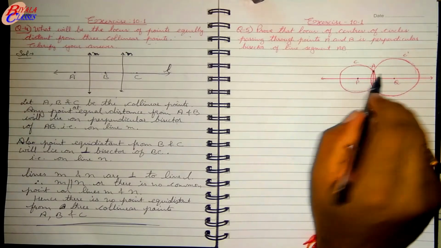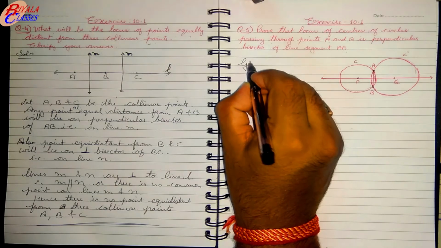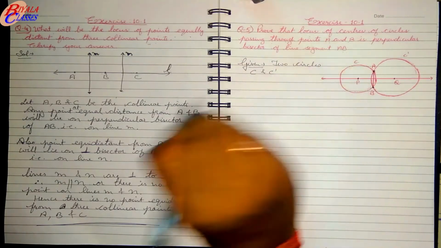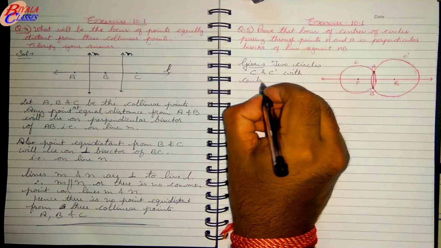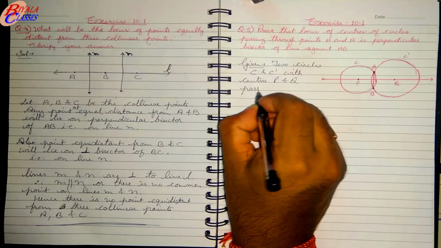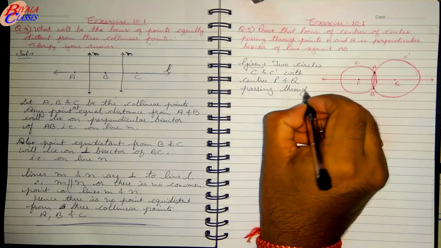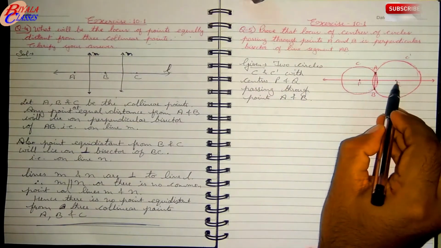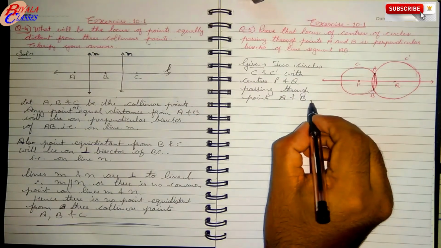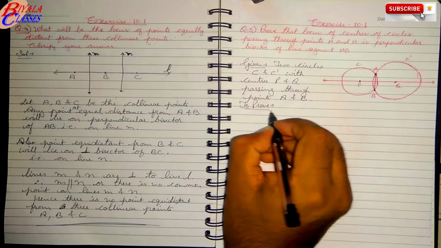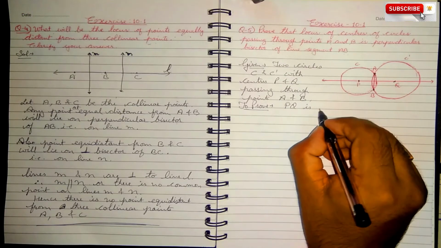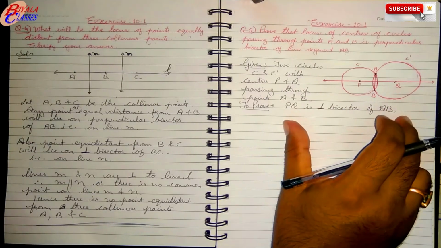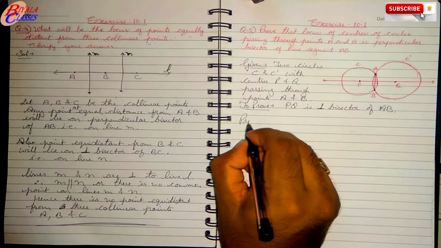So here if you take the two circles, say you can write here given two circles C and C dash with centers P and Q passing through points A and B. There are two circles, one with center P and the other with center Q, and both are passing through points A and B. Now what we need to prove here is that PQ is the perpendicular bisector of AB. Now the proof of this,